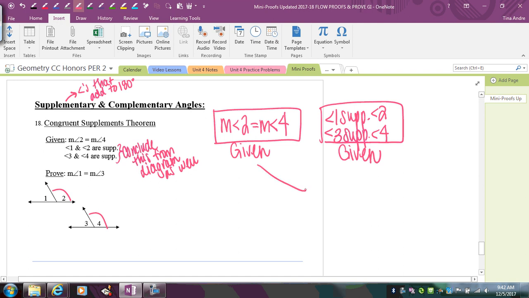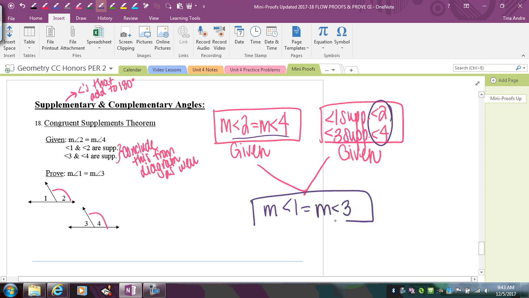From here, what I can conclude is that since I have two angles that are supplementary to congruent angles, those two angles have to be congruent. Since 2 and 4 are equal and 1 and 3 are supplementary to those two congruent angles, 1 and 3 have to be equal to each other. So the measure of angle 1 has to equal the measure of angle 3. The reason for that is the congruent supplements theorem,